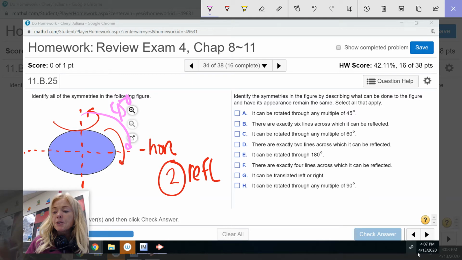No, but it's going to make it vertical and not horizontal, right? So it can only be rotated to here, and then if I rotate it to there, 180 degrees, then it will remain unchanged. So it's going to be one 180 degree rotation and then two lines for which it can